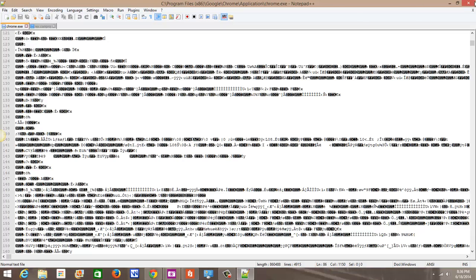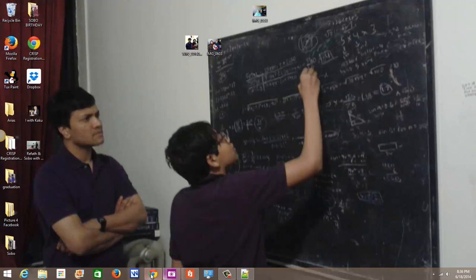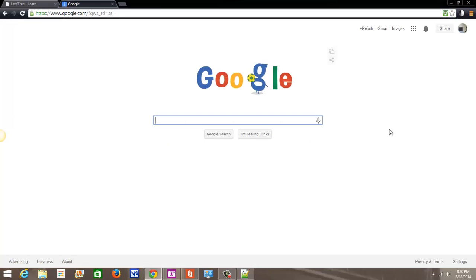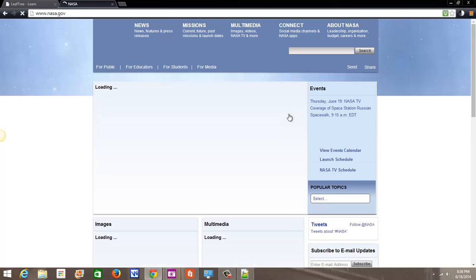So before we start, we're gonna talk about what HTML5 really is. HTML5 forms the basic text structuring of web pages. So when you go to a web page such as the NASA website, for example,